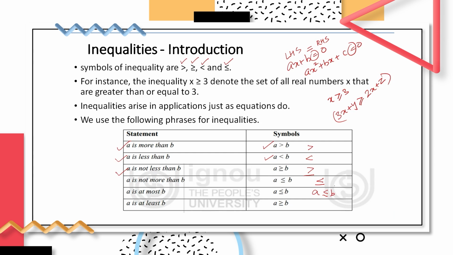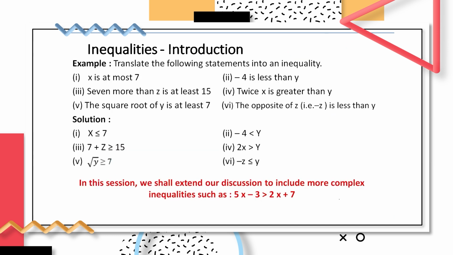It is not greater than B. A is at least B, that means A can either be equal to B or it should be greater than B. So, by using these terms, we are able to draft the unequal equations, the inequalities. Greater than, less than, and all these terms are used for the expression of inequality. In order to have a better understanding, let's translate some of the statements given as examples over here into the equivalent